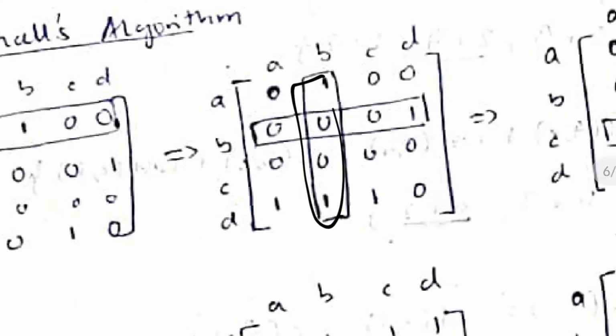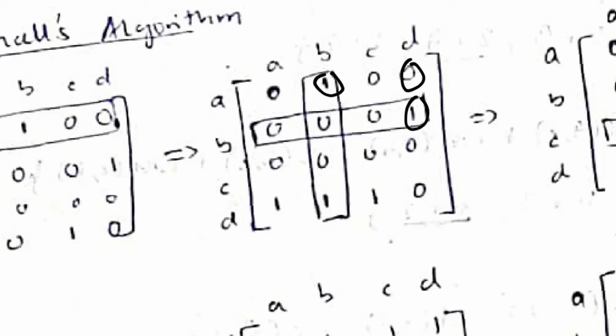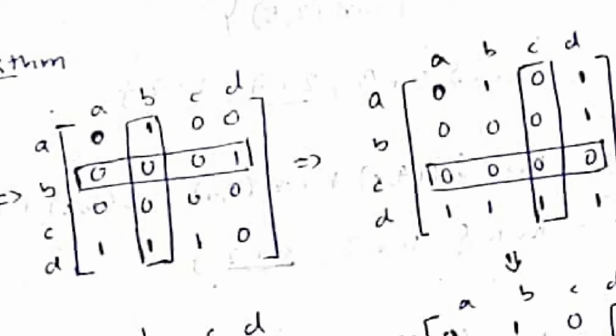All right, then I'll be selecting the second row and the second column. Then I'll be doing the same thing for these elements, this one, these two, and these elements. I'll be checking for each element the row and the column. 1 0, no change. 1 0, no change. 1 1, there is a change here, so I have made it 1 here. And this one, no change. Like that, check for all of these. If there is a change, make it, or else leave it as it is.